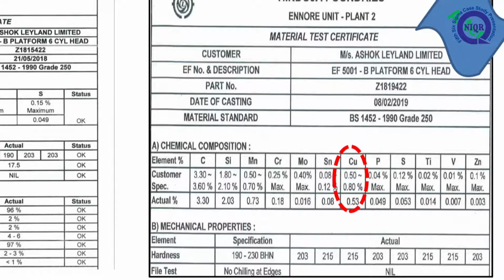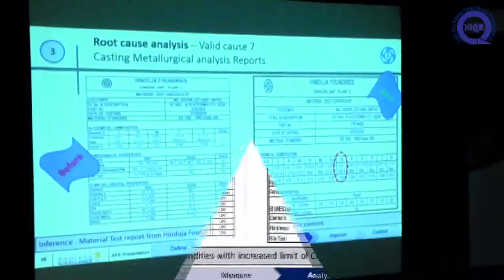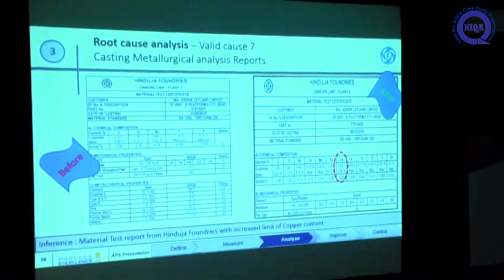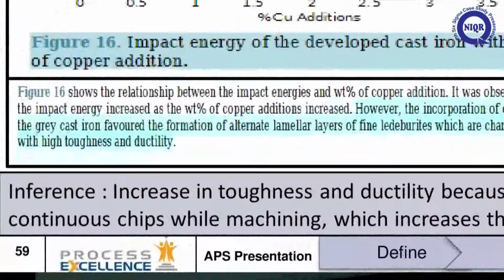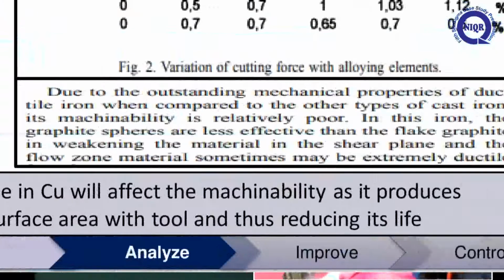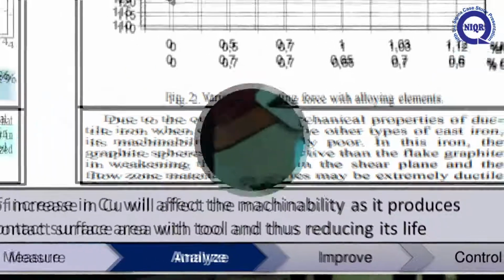So we spoke with the foundries and came to know that the copper content has been increased from the lower spec to the higher spec, since we are transferring to BS6. In BS6 we are going from 0.6 to 1, so they have maintained the spec from 0.2 to 0.5. So that was the thing we suspected.